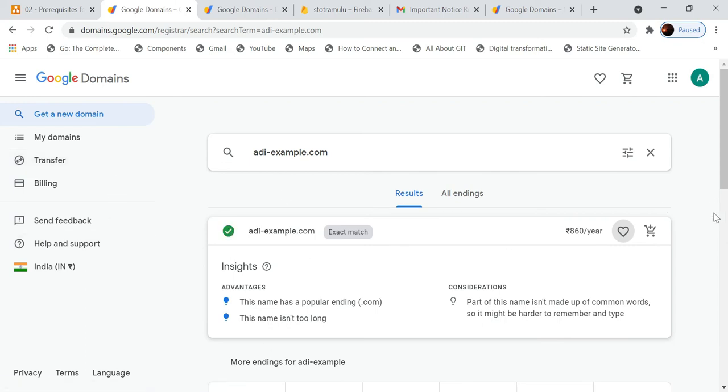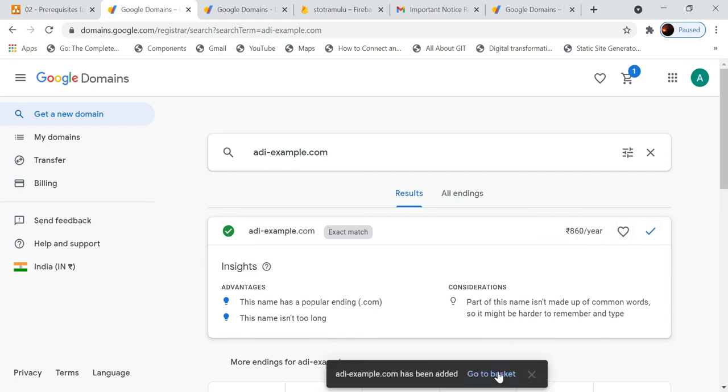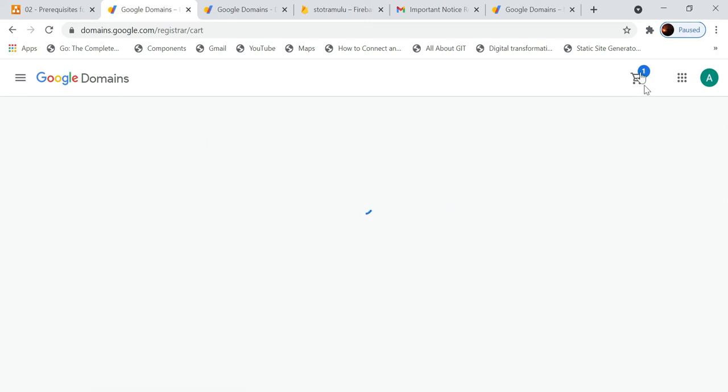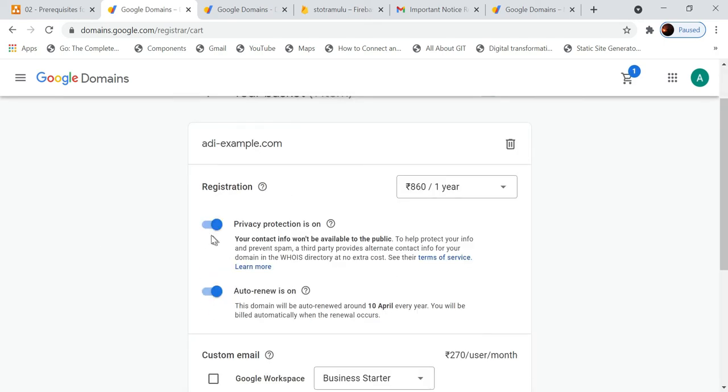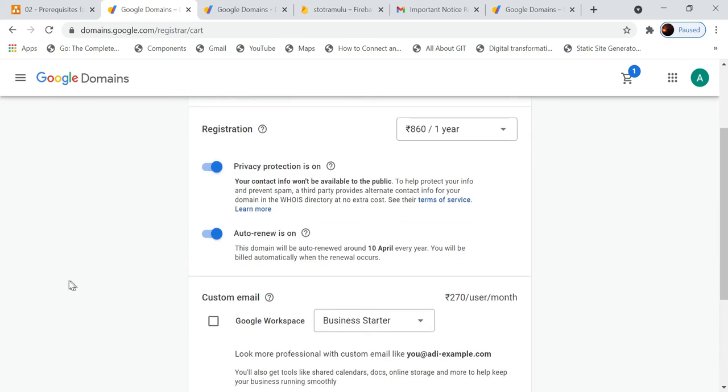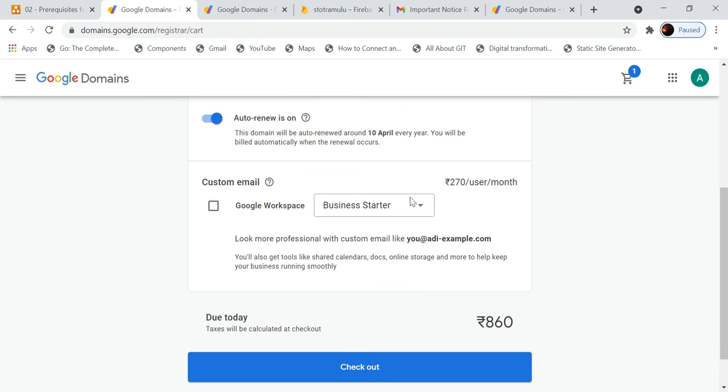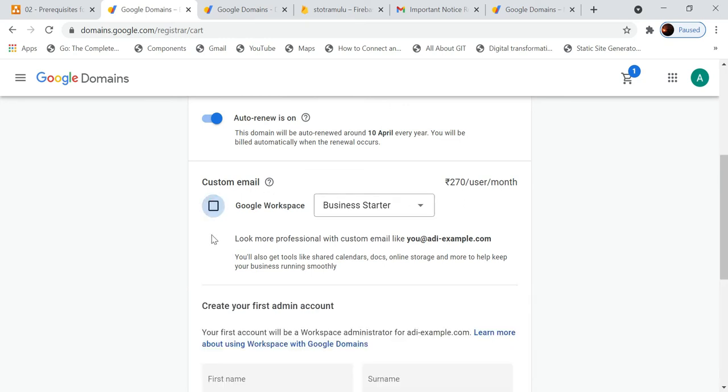So what I'll do is add this domain to the cart. It is telling me I need to pay 860 rupees per year. If I'm okay with it, I'll add it to the cart. Then I'll go to the basket here, and I'll switch on this privacy protection and auto renewal. In this Google Workspace, if I need a custom domain, I'll check this box.